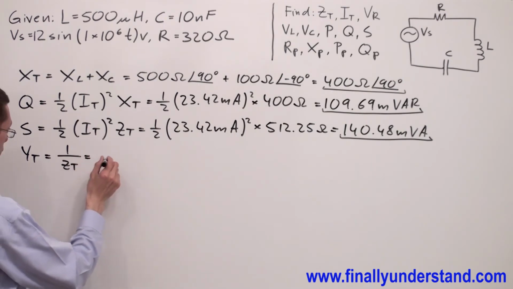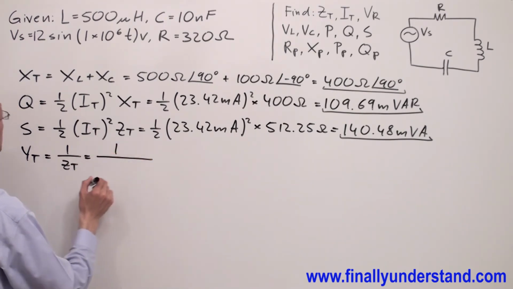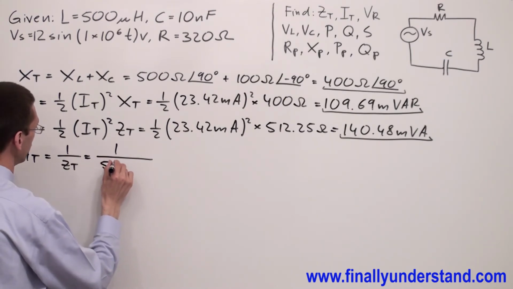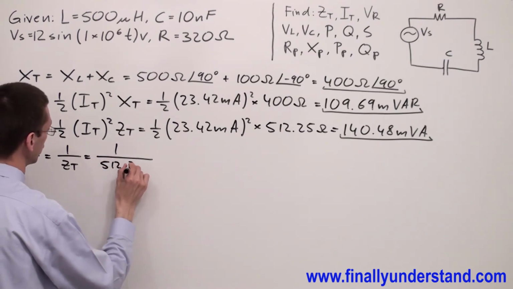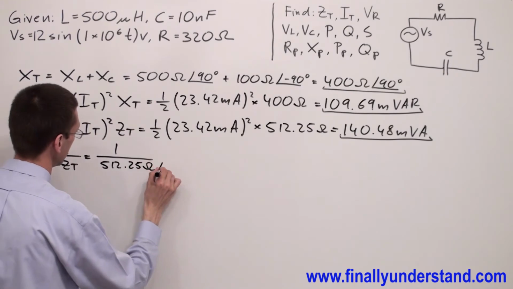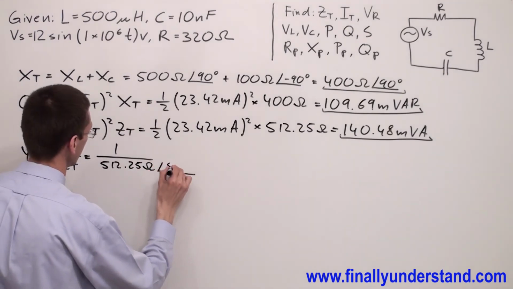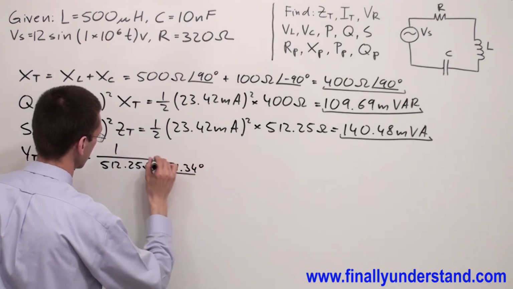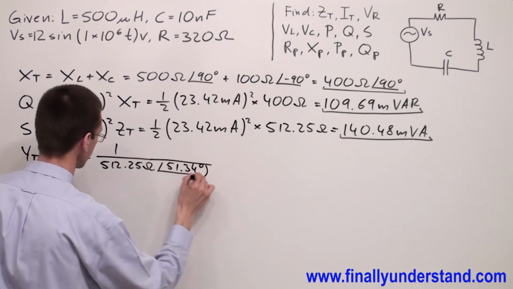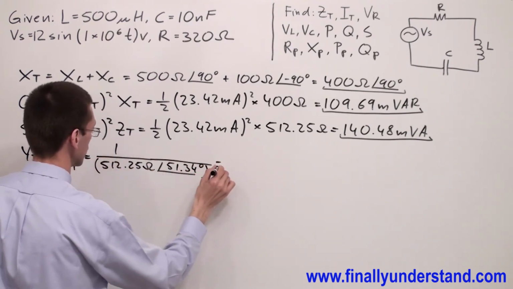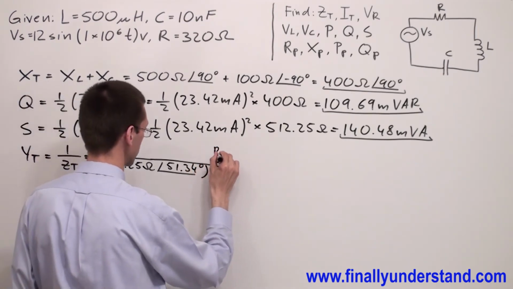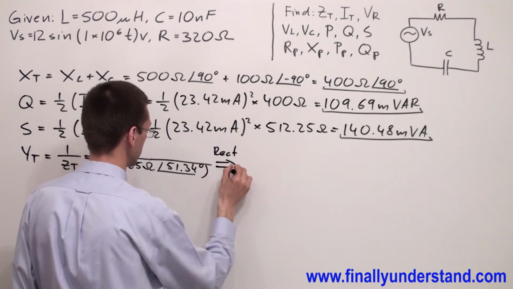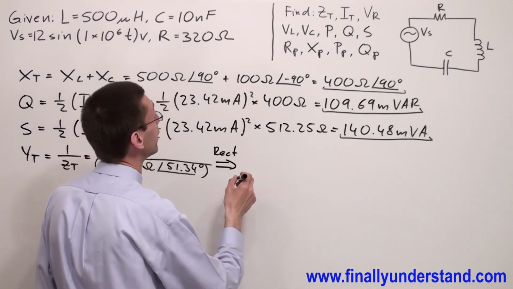So this is equal to 1 over Z total, which we found is equal to 512.25 ohms and angle of 51.34 degrees. We are talking about the rectangular form from this point, right? So we're going to get